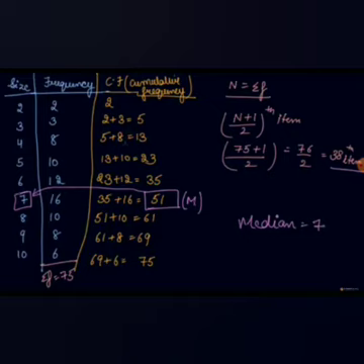So it is very easy. You just have to find out the cumulative frequency. After that, find out the n plus 1 divided by 2th item of the series, which is 38. Now 38 cannot come in 35 because it is less, so it comes in 51, from 35 to 51. Then you find out the corresponding value of the median for that cumulative frequency, which is 7. So 7 is your median value.